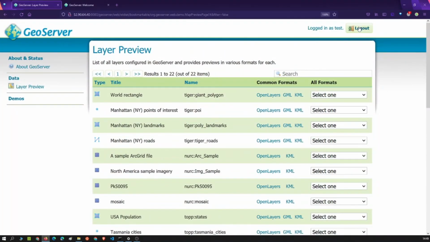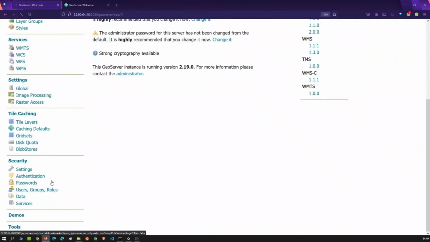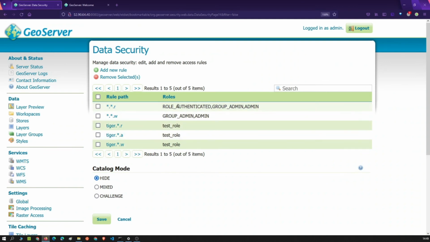The reason being, if you go back to admin and go to data, you would notice that role authenticated, group admin and admin have read access to all layers and all workspaces. So role authenticated is something which you need to take care of.